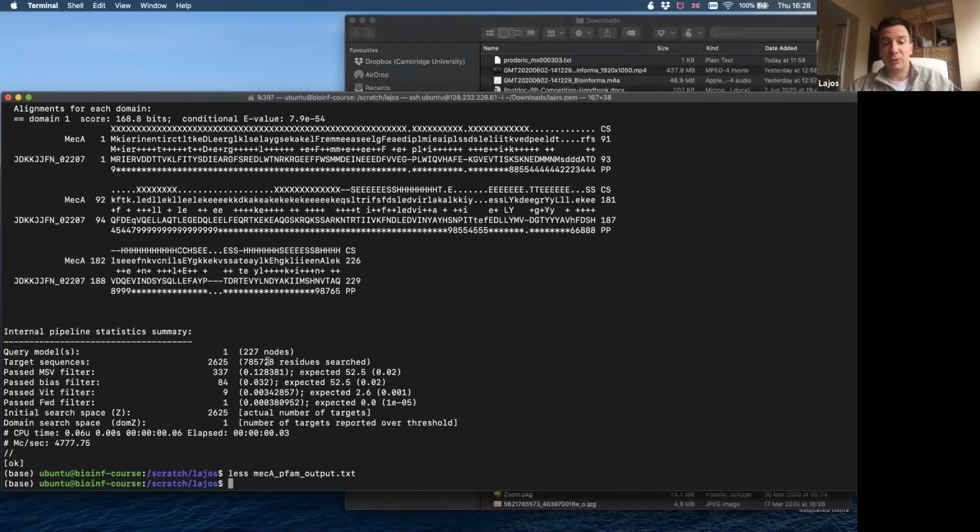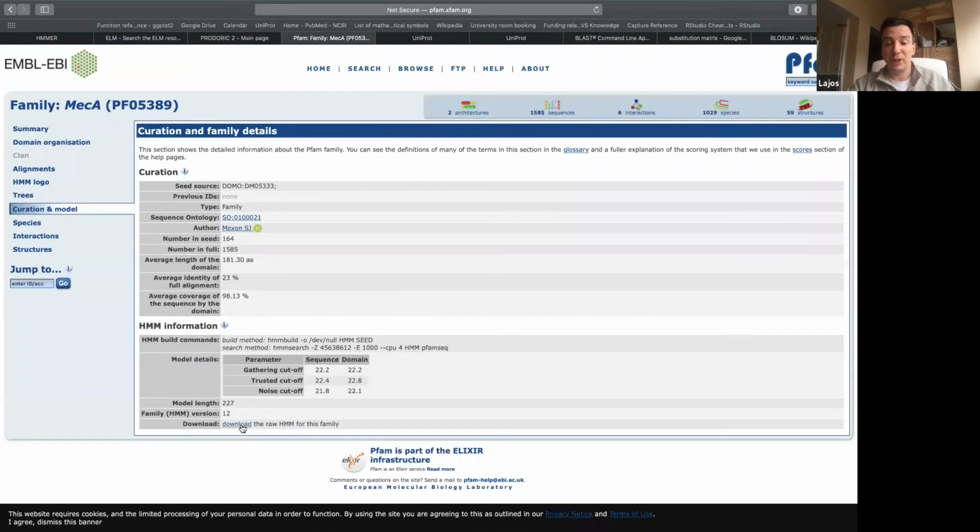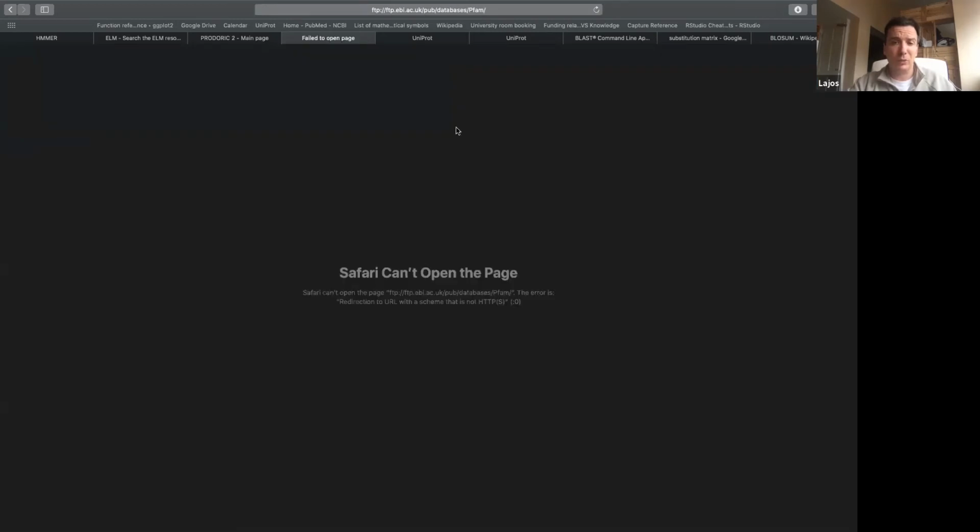So that's the HMM search. Again, if you look for certain domains or genes, then I would suggest to download the individual HMMs from the PFAM database. If you just want to see everything, you can also download the whole database, which I don't know why it's not really working, but I think somehow you can